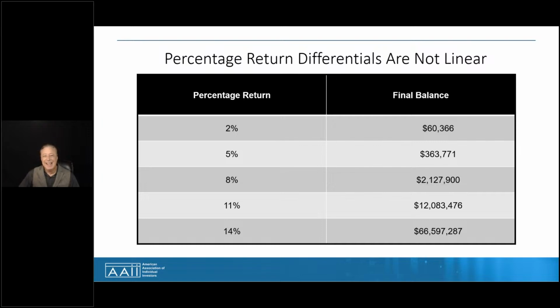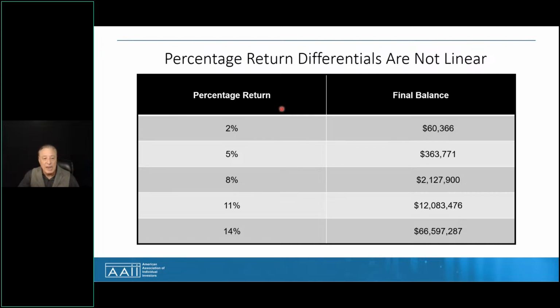Dramatic pause. Expanding on this, and this is a critical slide, percentage return differences are not linear. Many people do not realize this. This is important. A 3% increase, say from 2% to 5%, only nets an additional $303,000. And this questions the strategy of reaching for yield at so-called safe target amounts where many older investors want to be. This creates a supply-demand imbalance. I'm a member of the National Association of Active Investment Managers, and I hear this a lot: I want to make as much money as I can, but I don't want to lose. Well, that's a crowded trade, right?